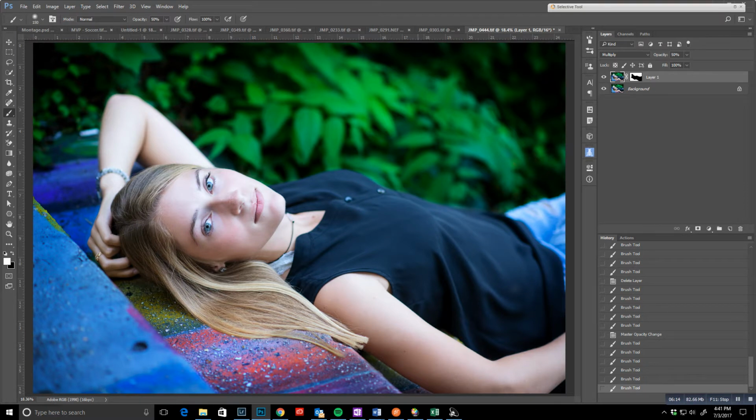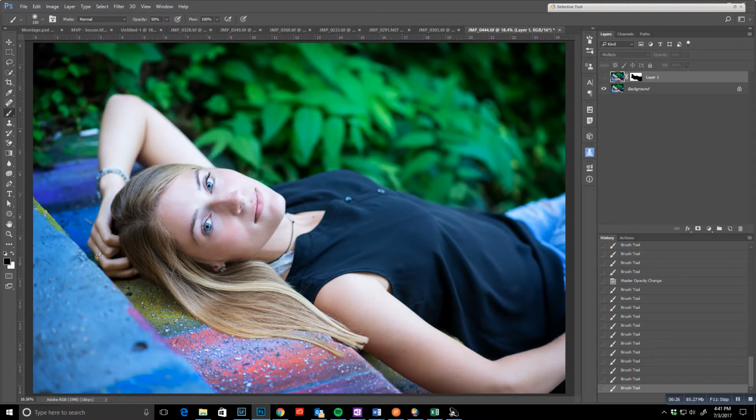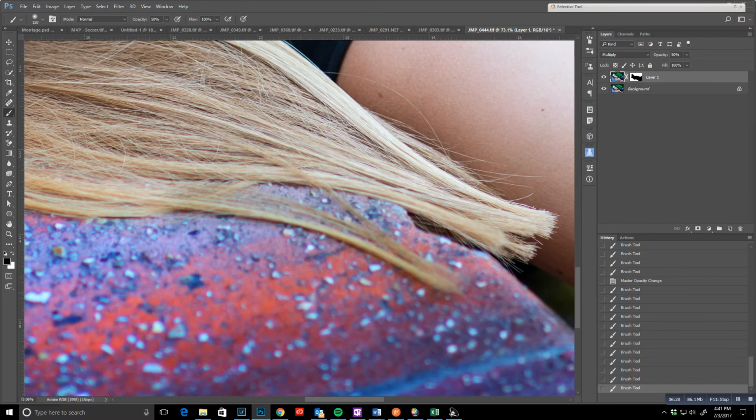I'm sure there's probably some haloing around here, but unless I turn it off and on, I don't really see it. So we can just touch up there a little bit. The other thing that I want to do is the hair. So we want to hide it, which black hides on the layer mask. So back on the layer mask, click here, and I'm holding Shift, just clicking around. Smaller brush, click, hold Shift, Shift,